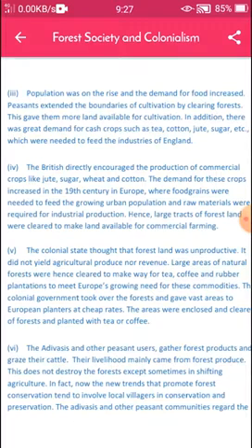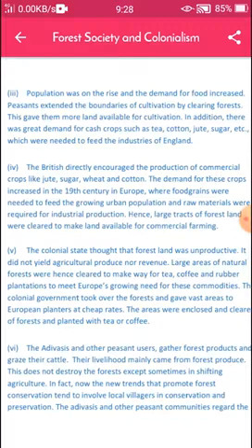In addition, there was great demand for cash crops such as tea, coffee, cotton, jute, sugar, etc., which were needed to feed the industries of England.